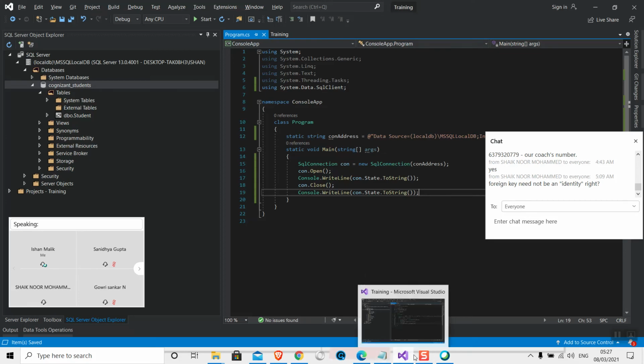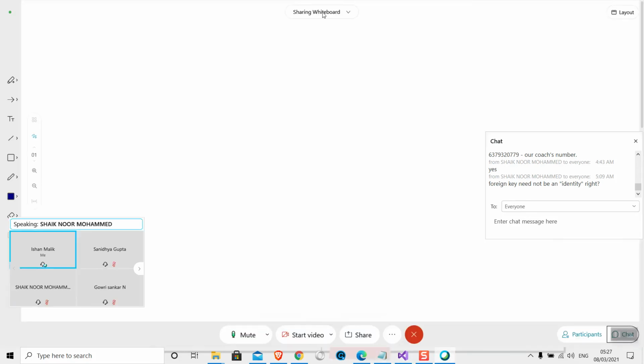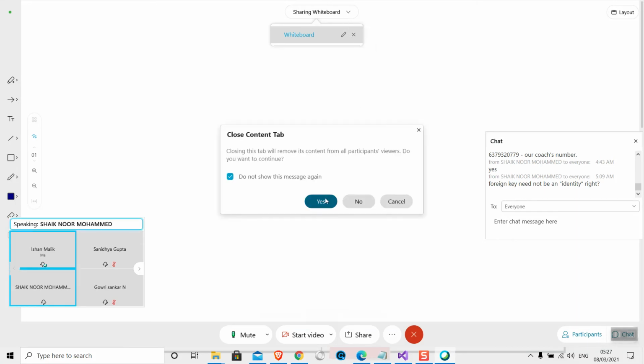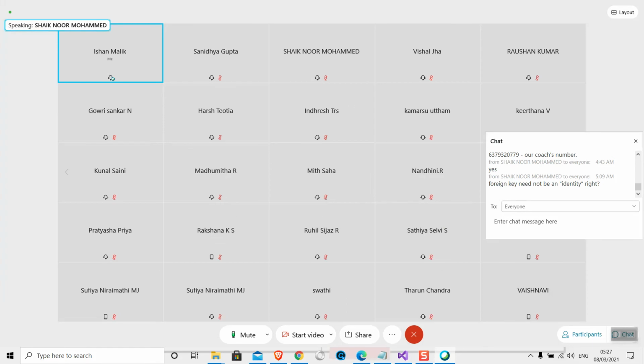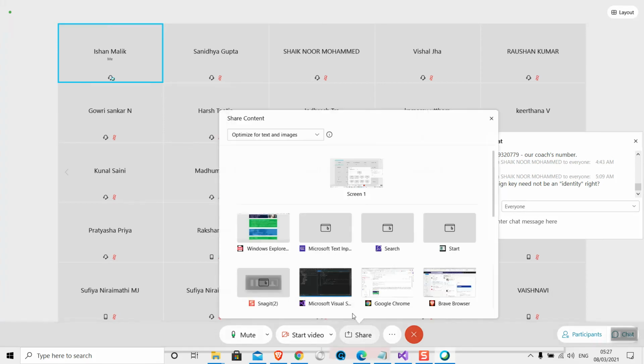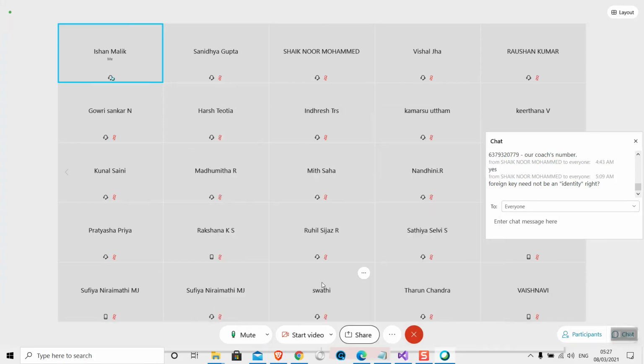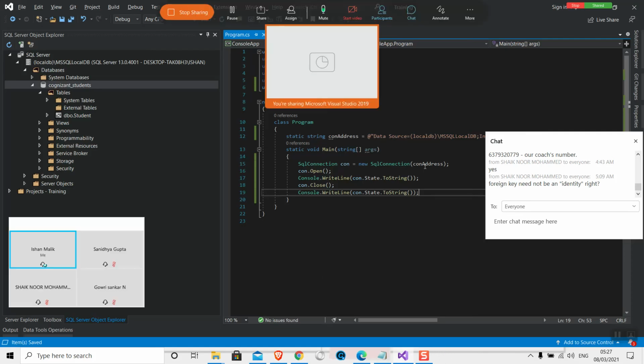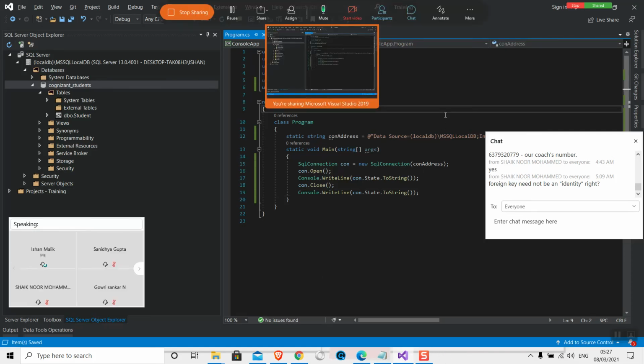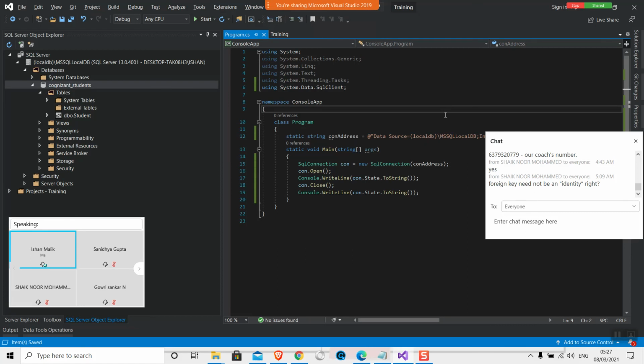I mean, are you guys not able to see anything? If your screen went blank, like it's white. Yeah. Okay, let me try one more time. Okay, I hope now you guys are seeing again. Yes. Okay.